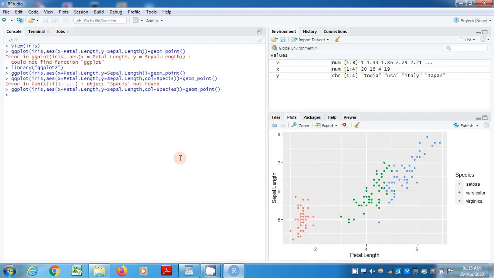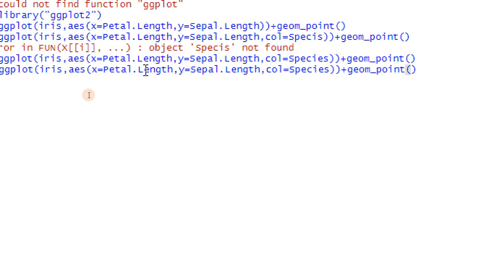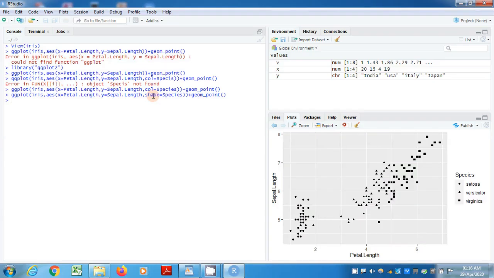And one more thing we can do is play with the aesthetics. These are the aesthetics. See that? Yes, x applied, y applied, color applied. Instead of color, I am using shape, right? See that? Enter, and you can see here